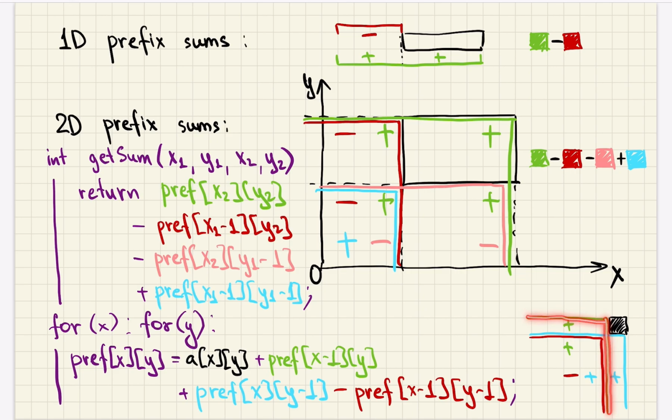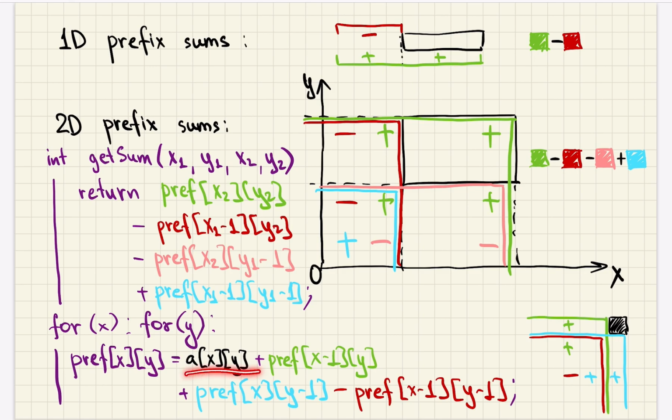So we add this, but then we have added this zone twice, but we only need to add it once, so we subtract it back. So to calculate those prefix sums, we will do a loop by x and y,